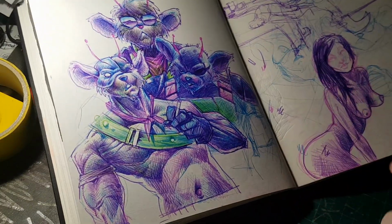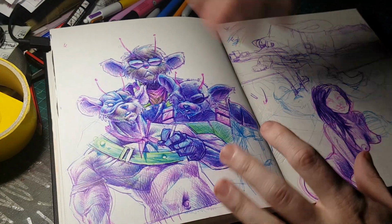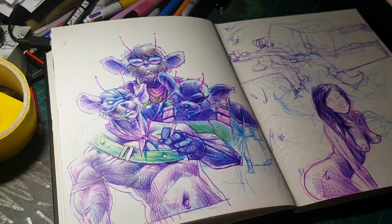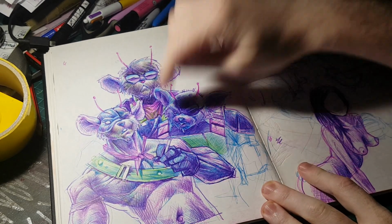Okay, I very recently drew Ed, Edd and Eddy, and whilst doing so I had mentioned that I had done a bunch of 90s cartoon characters grouped together. So I did Teenage Mutant Ninja Turtles, I did Street Sharks, and I had mentioned I planned to do Biker Mice from Mars. Obviously I had done this drawing,